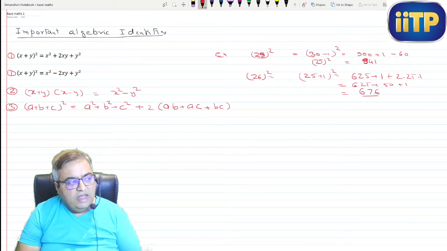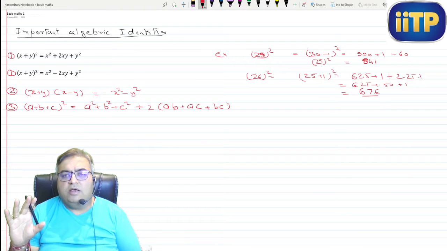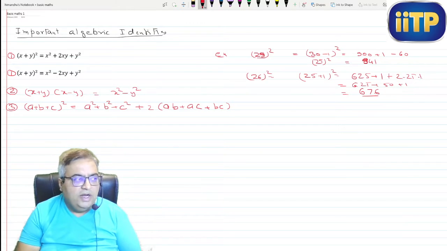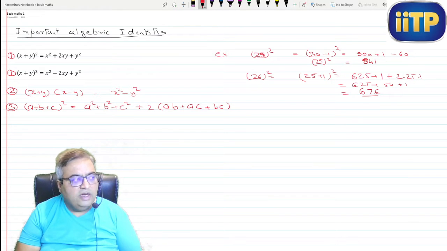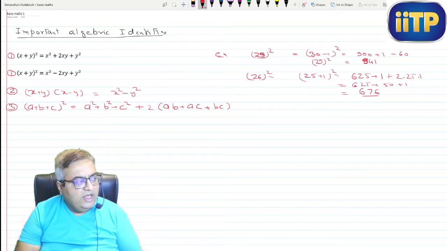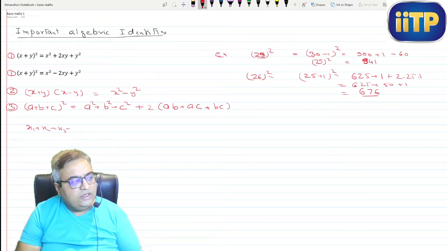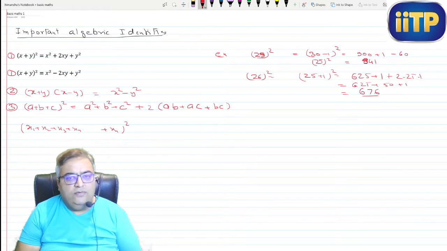Now you see what we have done over here. We have created pairs of whatever pairs we can make out of a, b, c. They are pairs of 2 out of 3. So if you want, you can generate a general formula out of it as well. If there are n numbers, let's say x1 plus x2 plus x3 plus x4 till xn. Now this is just for information. You need not remember this, but if you can understand, then it will be fine.